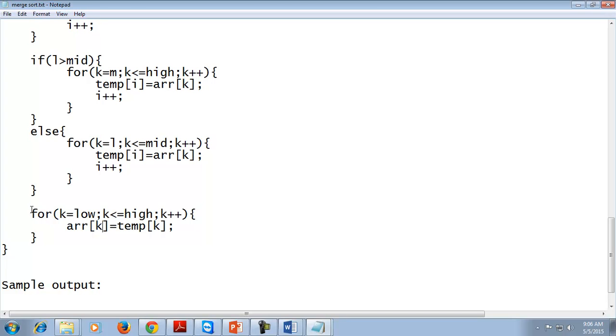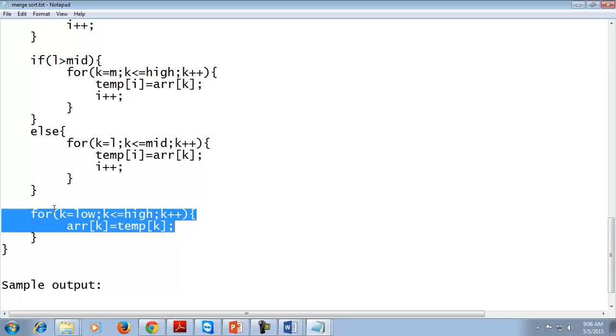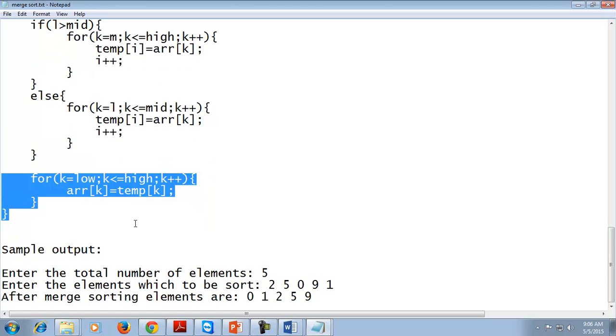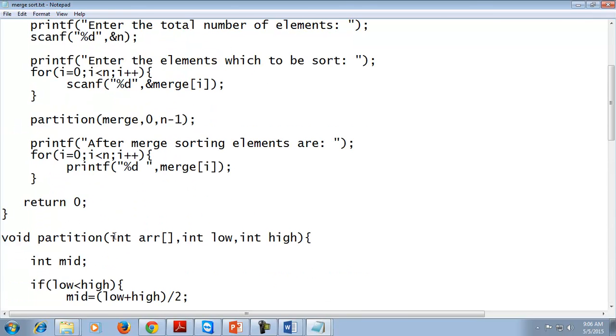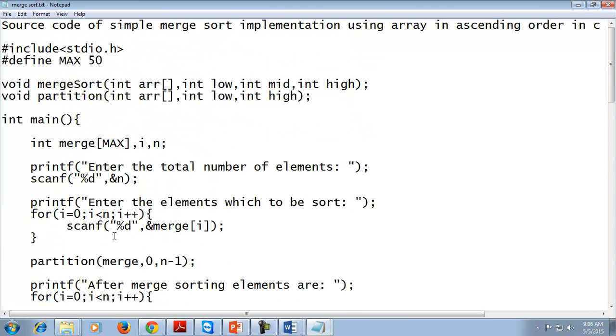And after performing this sorting function, we will pass all the values of the temporary array, that is temp k, to the array of k. Means all the values of the temporary array will be passed to the array of k, that is the original array. This is the program implementation of merge sort, in which we create two functions.